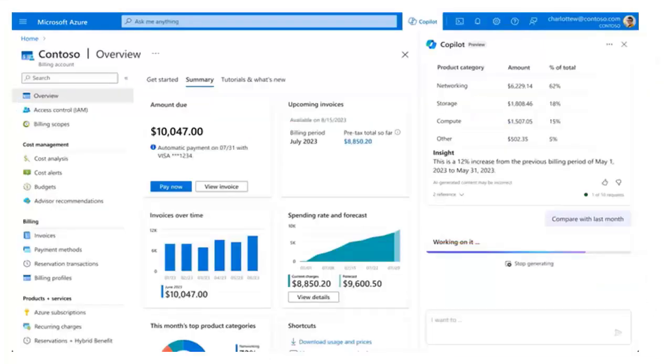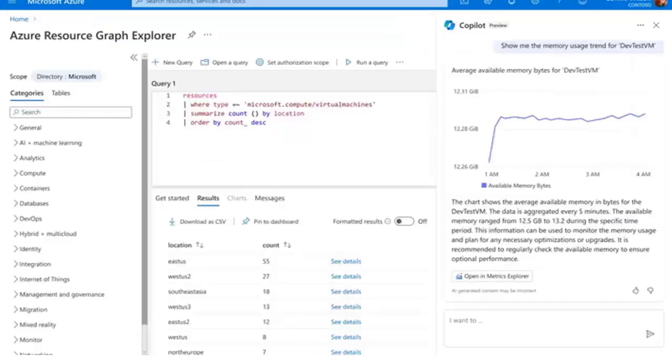Here's another example. If you wanted to look at the cost, you can come in and look at the cost and compare it to the cost from the previous month. And once again, this would require a lot of analysis or writing commands, and all that can be done using the Azure Copilot. Let's look at another example. Once again, we are in the Azure Resource Graph Explorer, and we are trying to figure out what the memory usage is for a certain virtual machine. Again, you could have done that yourself through the UI or by writing queries yourself, but it's much easier to do this using simple English syntax.